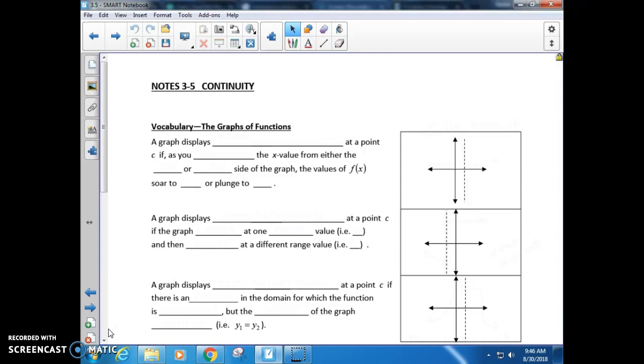So the first little section of our notes here says the graph displays infinite discontinuity at a point C. So as you approach the x value from either the left or the right, so coming from either side, what happens to the function is it shoots straight up to positive infinity, or it shoots straight down to negative infinity. So the graph actually is going to look like